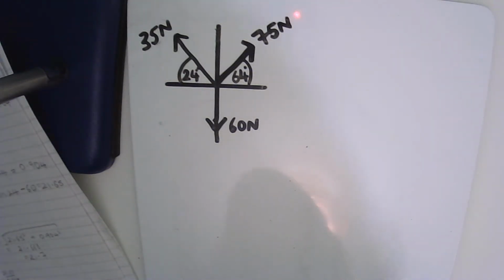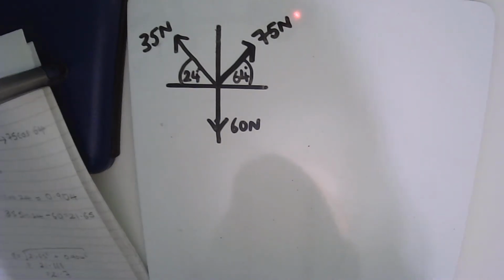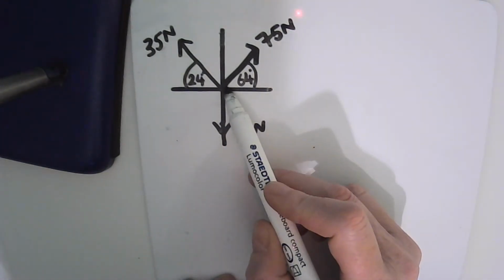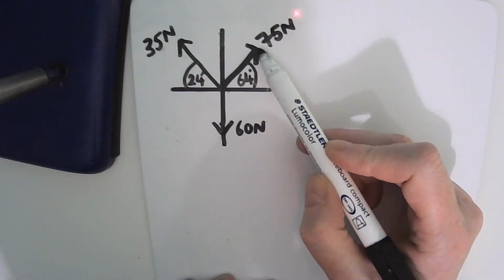So this is question 1 in exercise 18b, and what we're asked to do is find the magnitude and direction of the resultant of the forces shown below. So we have here in question 1, acting at a point here, we have the force of 75 newtons acting